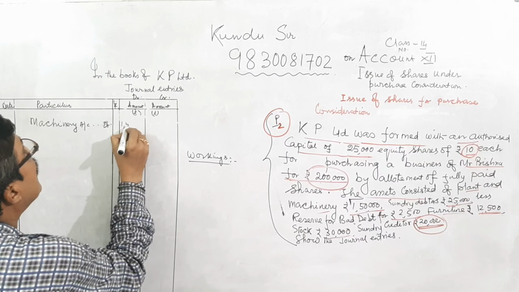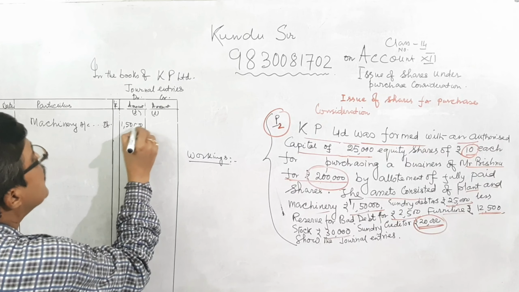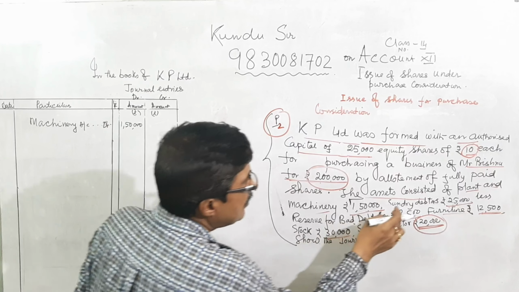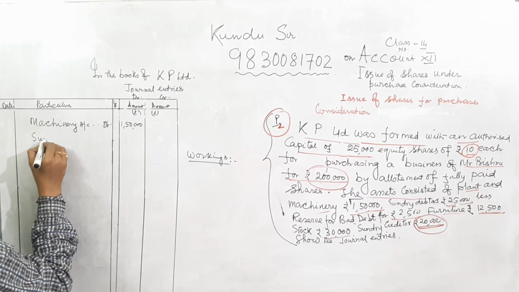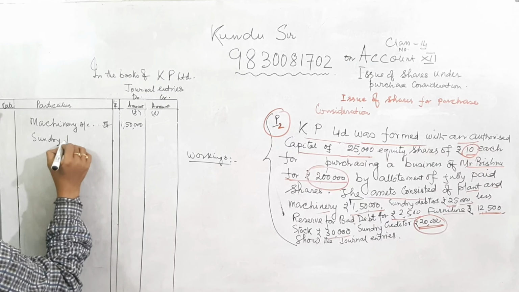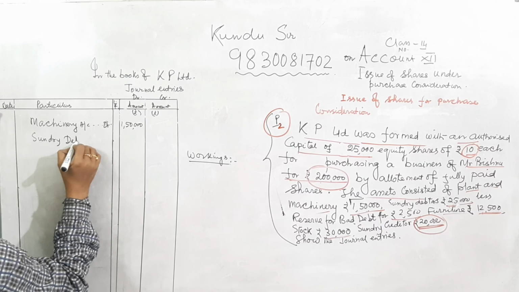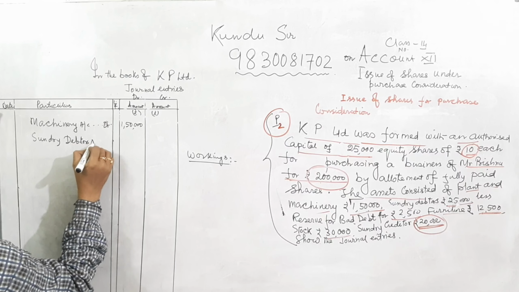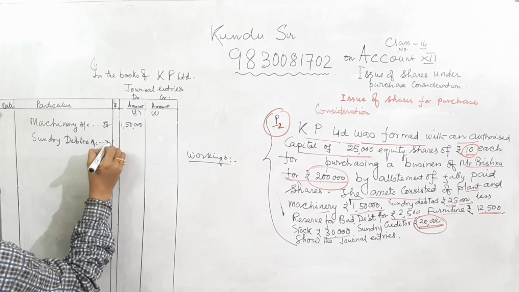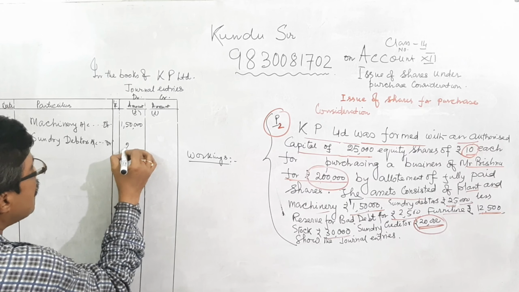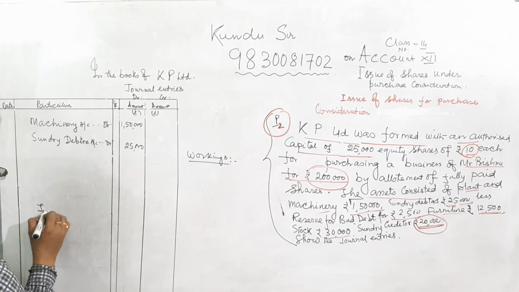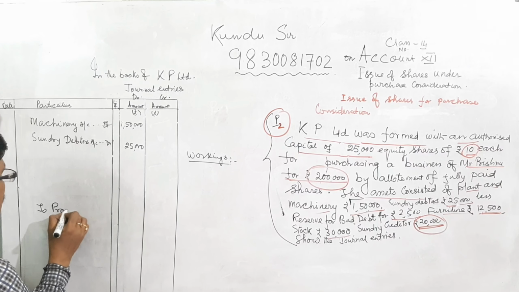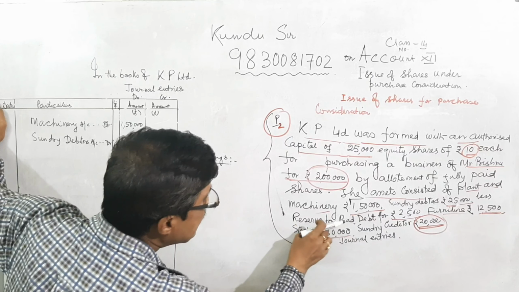We are writing here 1,50,000, it is machinery. Next, after machinery, sundry debtor account to be debited by rupees 25,000, and the provision is written as